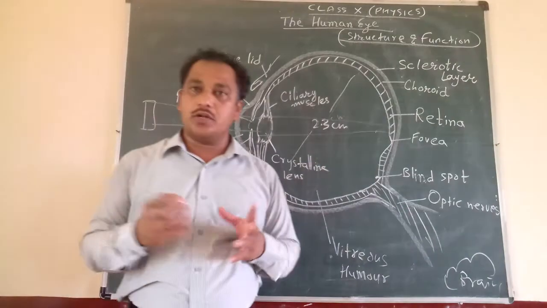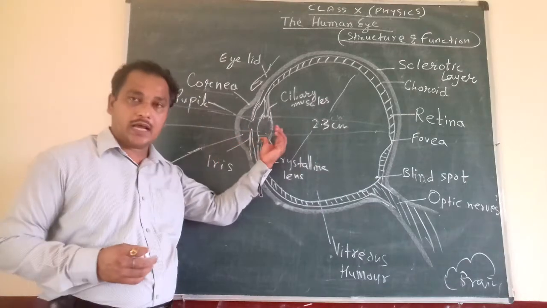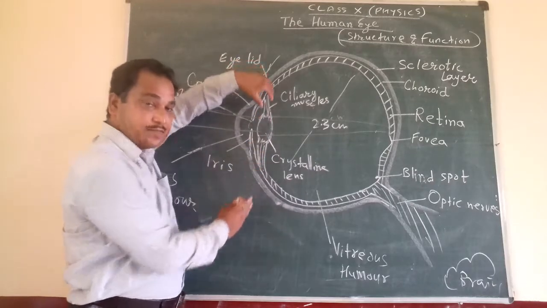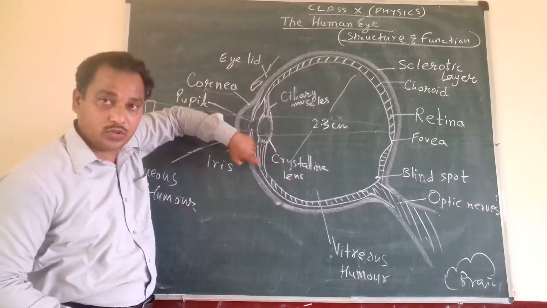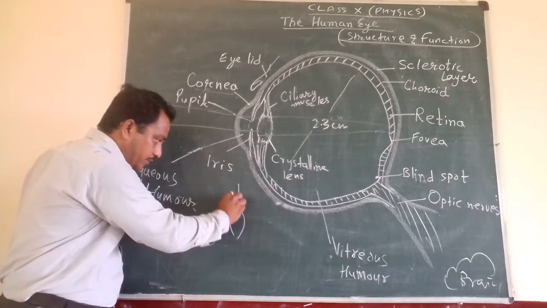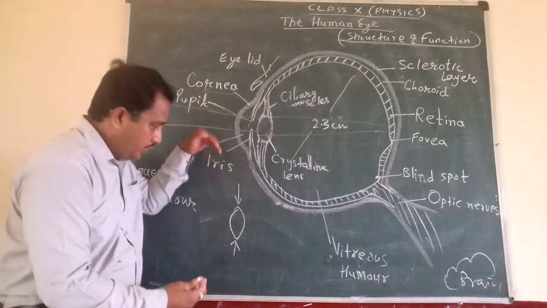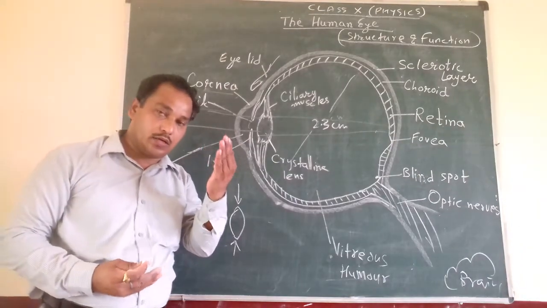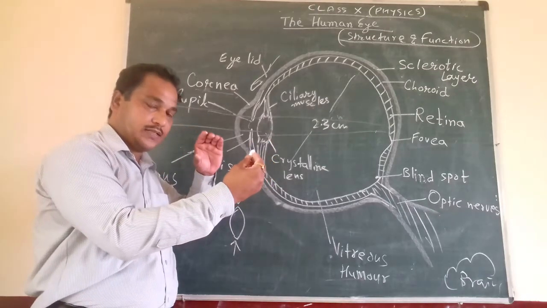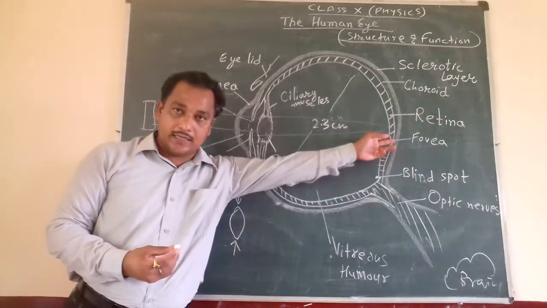Do you know what is the power of accommodation? Power of accommodation is the ability of the human eye to adjust its focal length. This is the convex lens which is compressed and relaxed by the ciliary muscles just above and below the lens. They compress it when we have to see a closer object, like this chalk piece I am seeing. So our ciliary muscle compresses the lens so that we can see clearly, and the image is formed at the focus or at the retina.